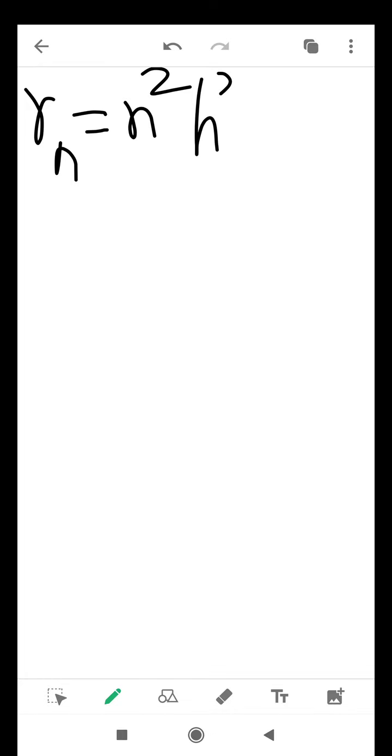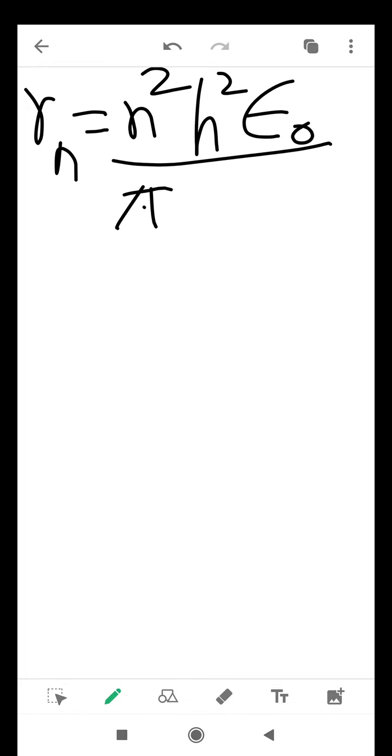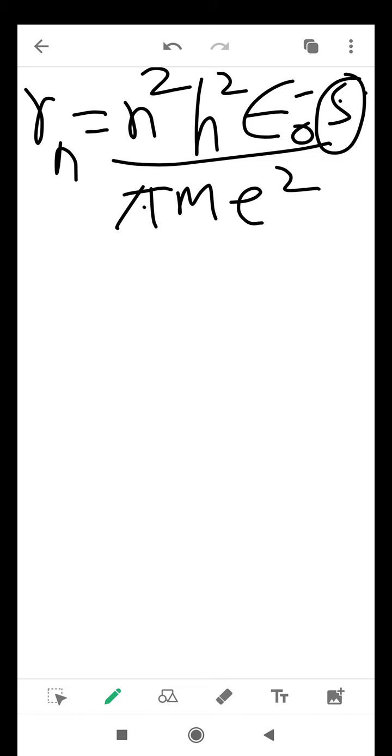So the value of Rn, we are taking it directly. That is n square h square epsilon naught divided by pi m e square. Call this equation number 5. Now let us substitute this Rn in the total energy expression. So the total energy of an electron in an orbit of hydrogen atom becomes, I am writing directly,